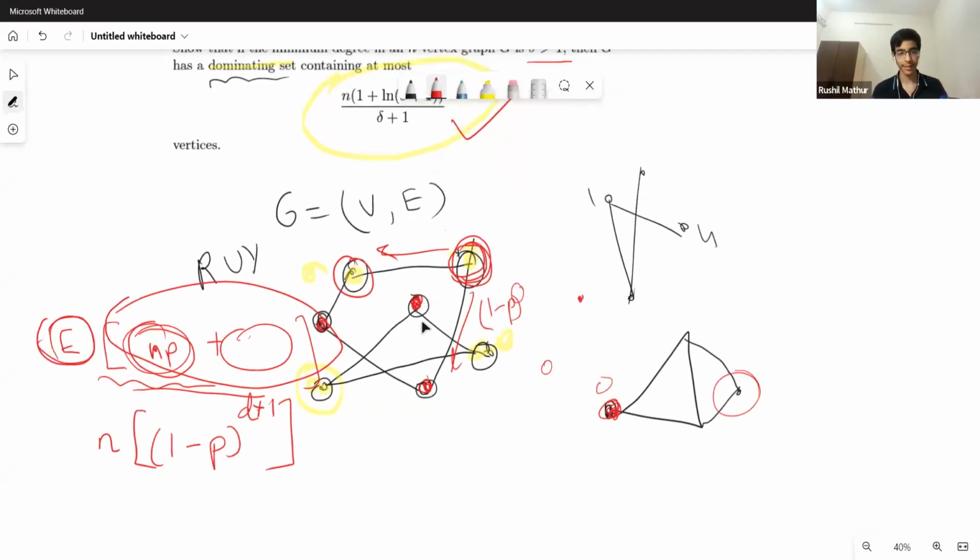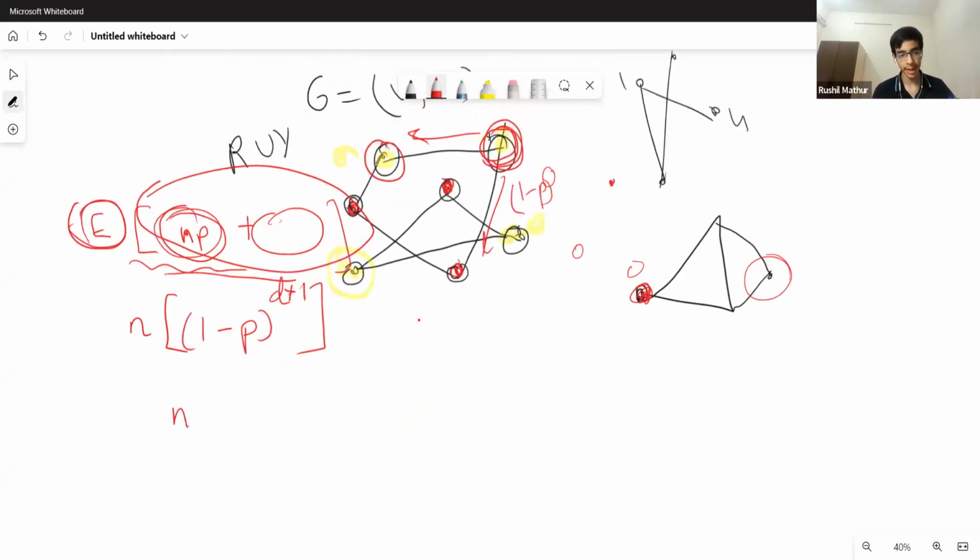So we get the expected value as NP plus N times this ridiculous thing: N into (P plus (1 minus P) raised to D plus 1). Yeah, we can't multiply by N just yet because the D is different for each person. That's the part where stuff gets tricky. So now you have to do some algebra, which is to say that (1 minus P) raised to D plus 1